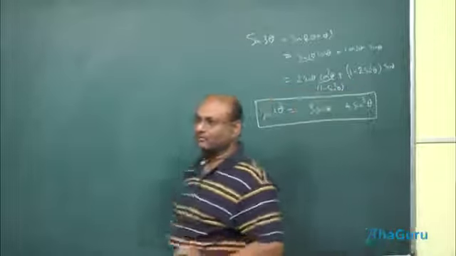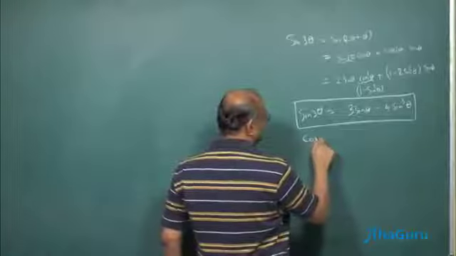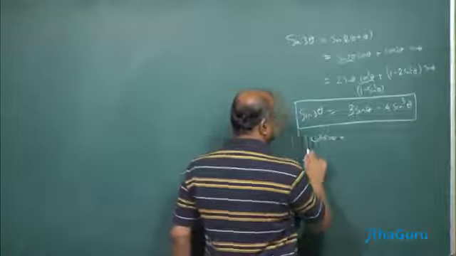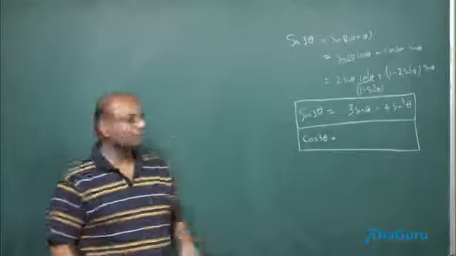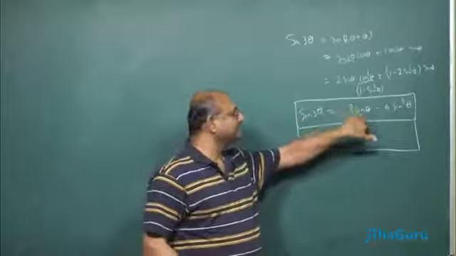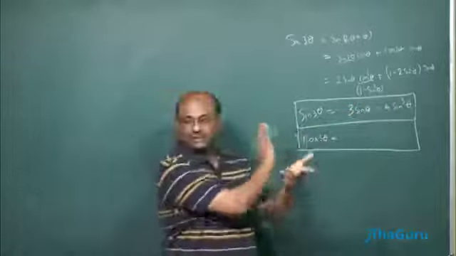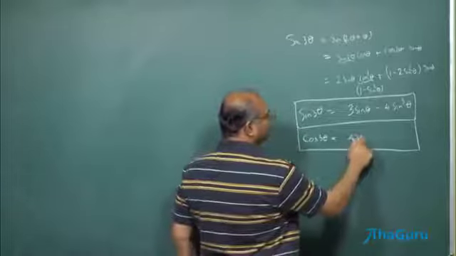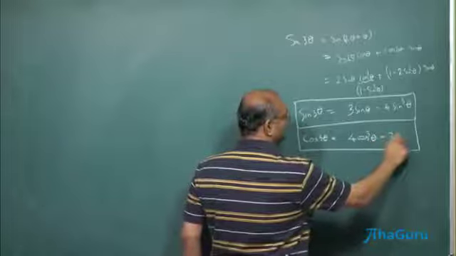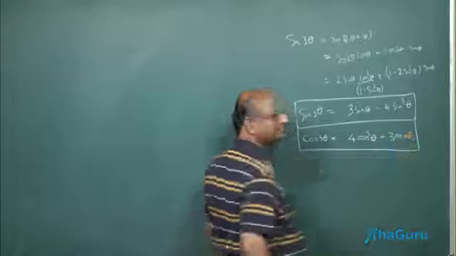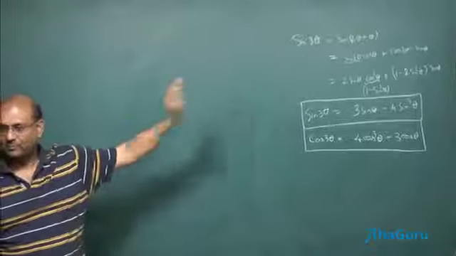Similarly, you can derive a formula for cos 4 theta. Now the cos 3 theta. So cos 3 theta will turn out to look exactly like this, except sign has been reversed. So put a minus and write it as 3 cos minus 4 cos cube, which basically means bring that in reverse. So this will become 4 cos cube theta minus 3 cos theta. Okay, so these are important formulas to keep in mind.